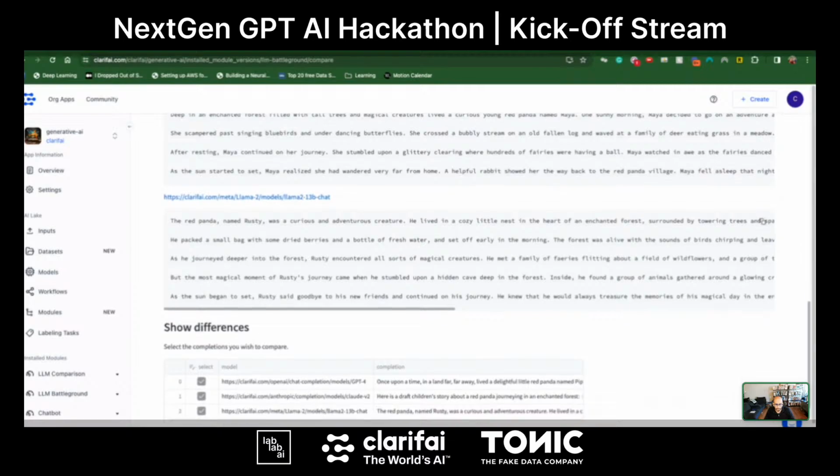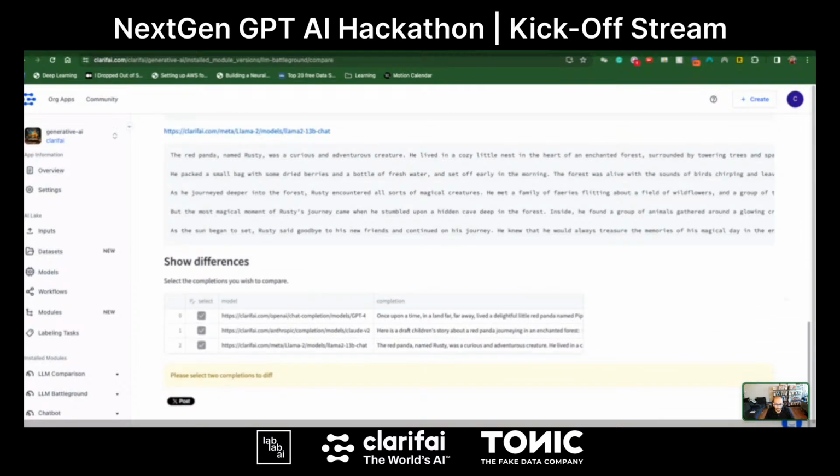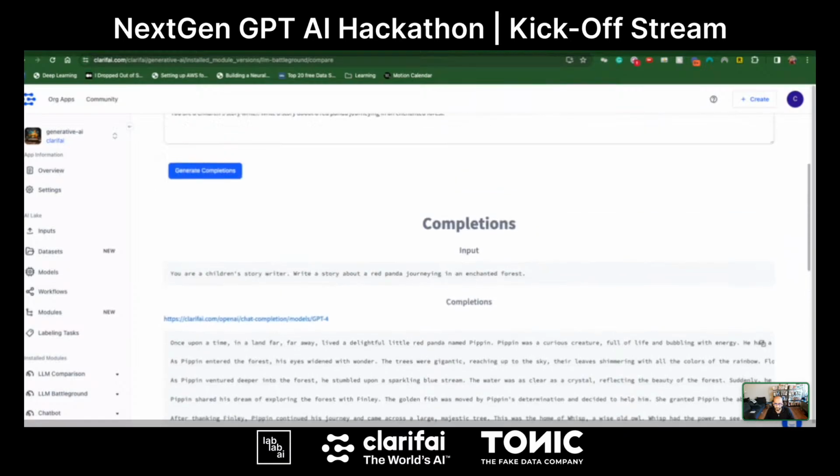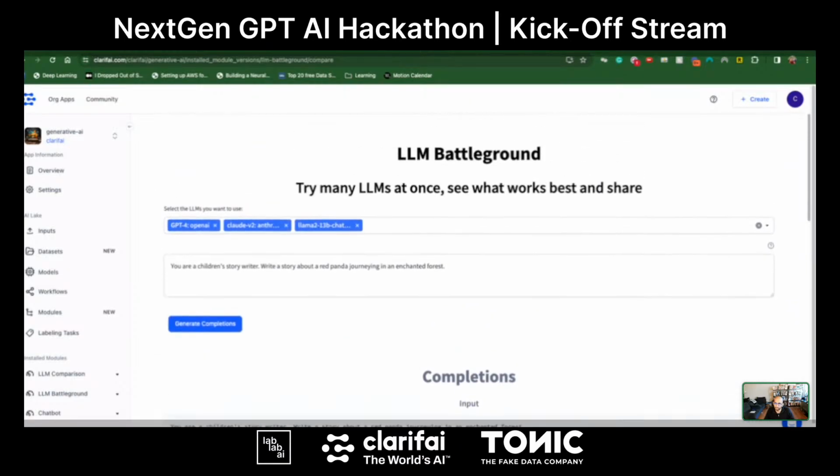And then Llama as well. And then you can see differences as well, and also post from here. So if you want to create an X or a Twitter post, you can do it from right here, all within this one Streamlit application, a much more relevant version than the one that I was showing you before, because this is more fleshed out.